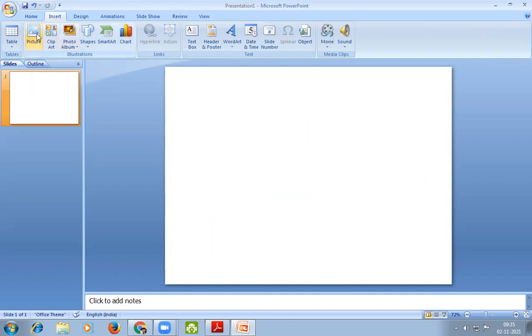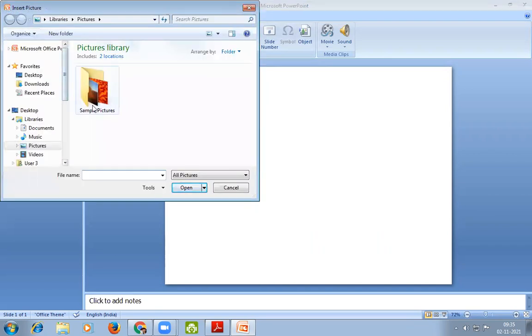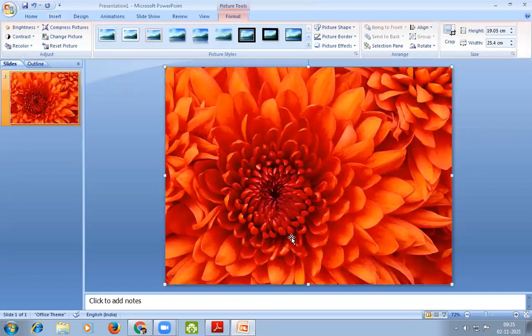So by clicking on the Insert tab, we will be able to insert pictures, clip arts, photos, shapes, smart arts, charts, text box, word arts, and many more things. Okay, by clicking on pictures, we will be able to insert a picture.